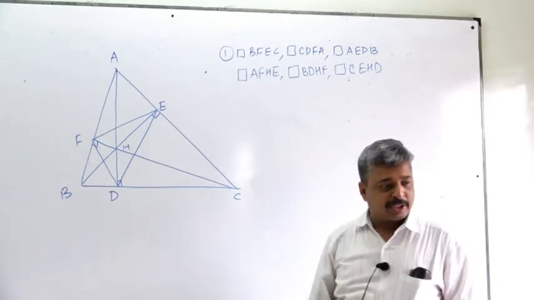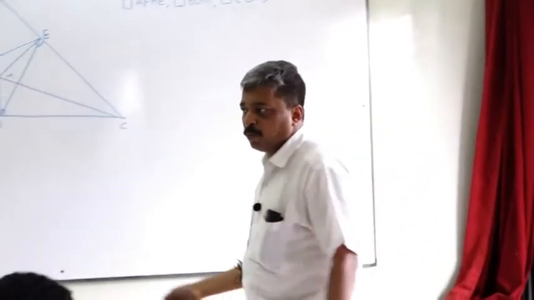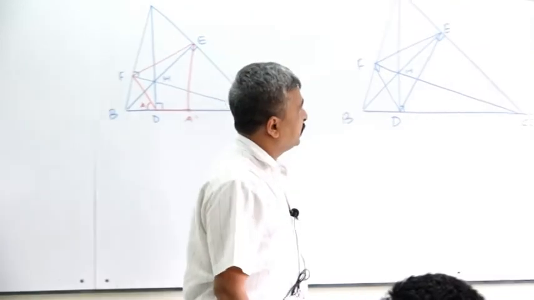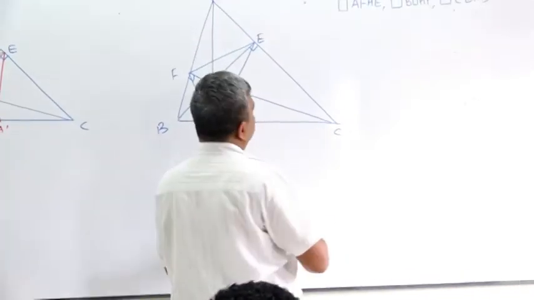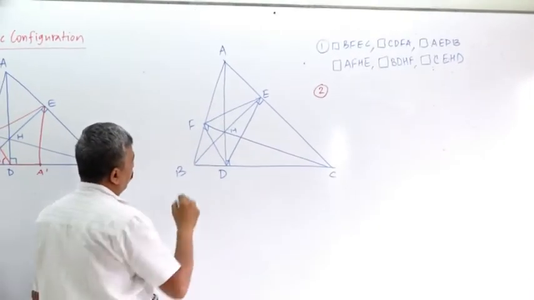So can you see these 6 cyclic quadrilaterals in this figure? We have just dropped perpendiculars from vertices on the opposite sides and we got 6 cyclic quadrilaterals. This is the first observation. Second, because these are cyclic quadrilaterals, now if I consider